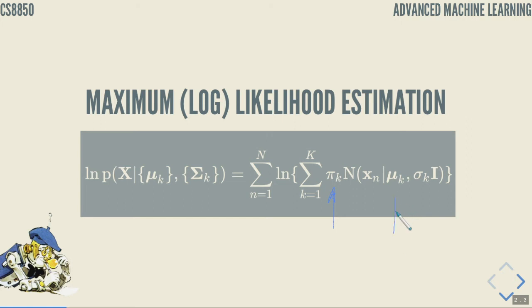So we have hidden variables, because if we knew which class we're sampling from, if we knew those probabilities, it would have been slightly easier, I guess, but not too much. And we have unknown means and unknown sigma in the general case. But the problem with this maximum likelihood estimation